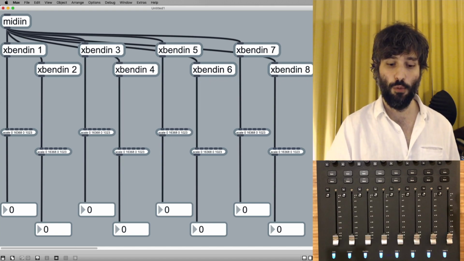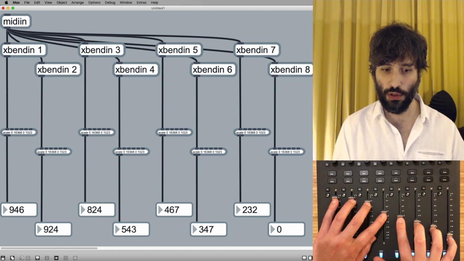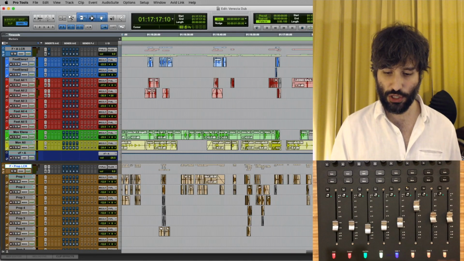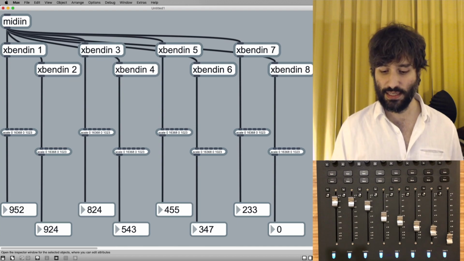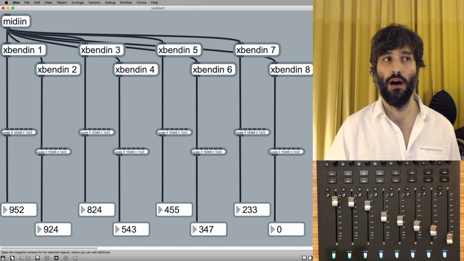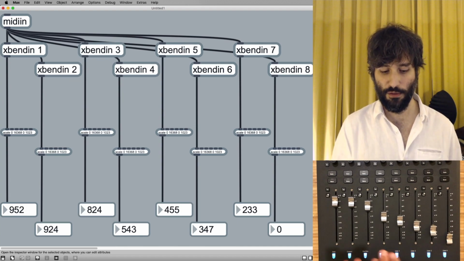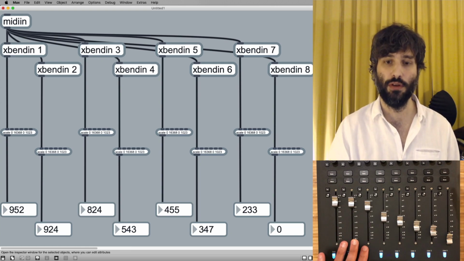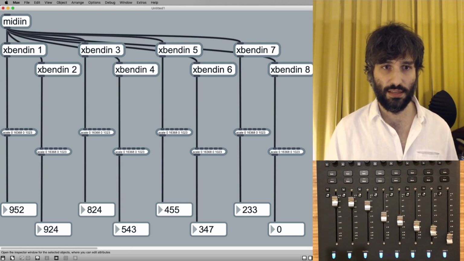So they will remember the position you leave them in, which is pretty cool because Max is essentially just like any hardware instrument. The faders will always reflect what you see on the screen. And I think that's great.